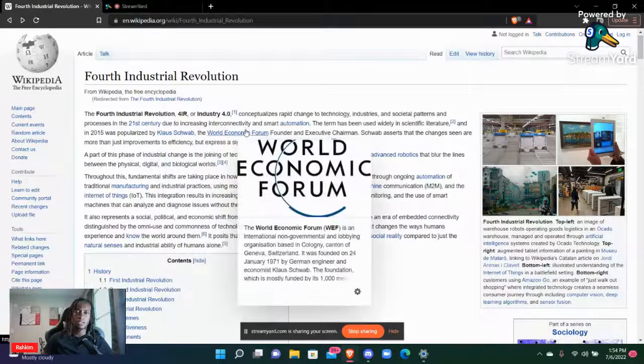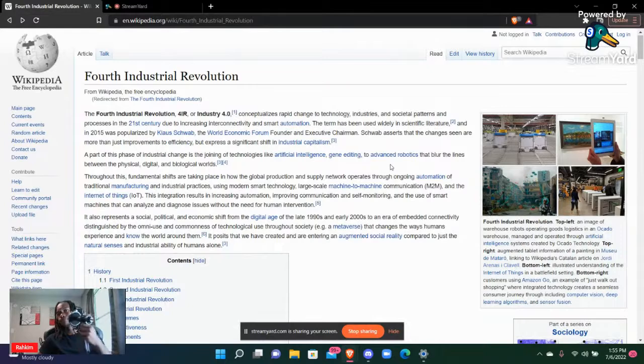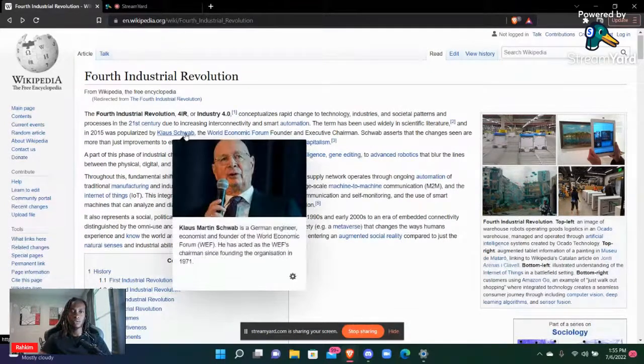And then just a little description of the World Economic Forum. The World Economic Forum is an international non-governmental and lobbying organization based in Cologny, Canton of Geneva, Switzerland. It was founded on the 24th of January 1971 by a German engineer and economist, Klaus Schwab. That's just a small part. I can't see the rest of the sentence, so I'm just not going to read that. So yeah, it was founded by this guy Klaus Schwab, or the Fourth Industrial Revolution was popularized